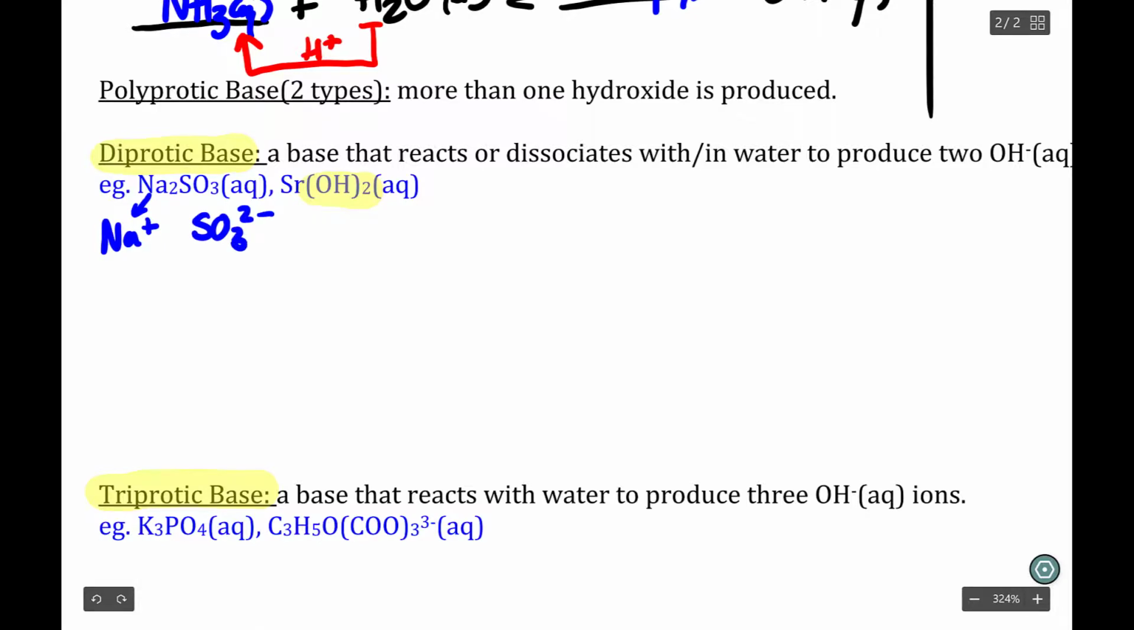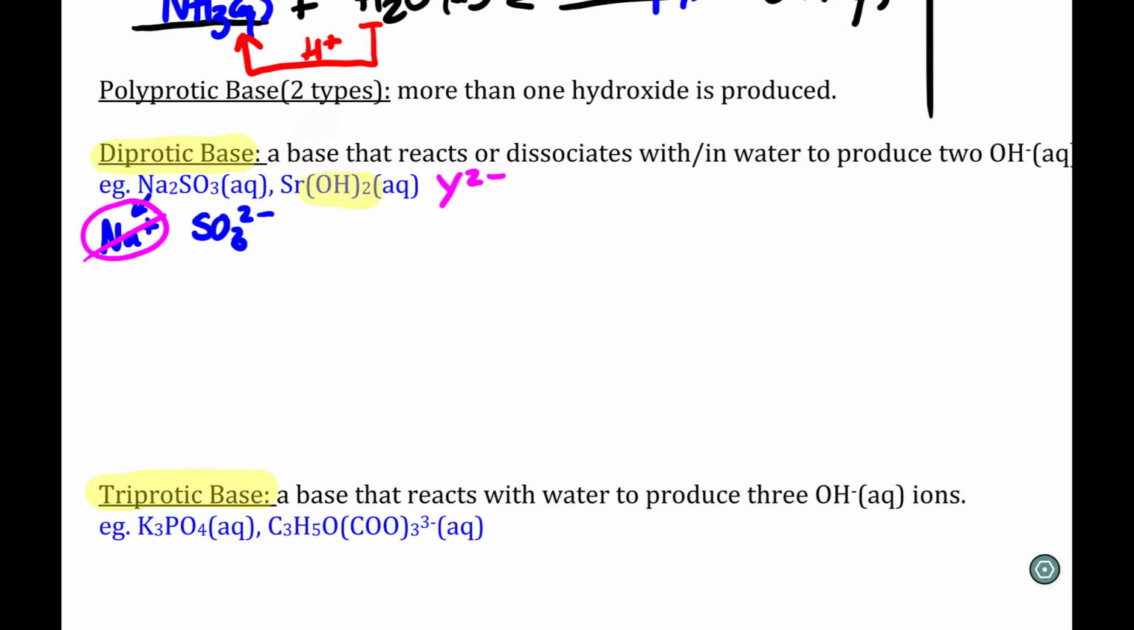This sodium is a spectator. It does not matter. I don't care about it. It's not going to be in my net reaction. It has to be the SO3 2-. So in general, I'm looking for something that has a 2 negative charge, or I'm looking for something that has